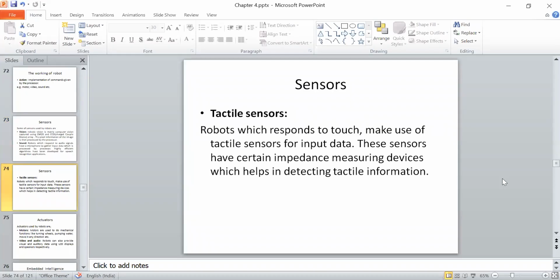So tactical sensor, as I've already told you, is used to take the touch related information, and most of these sensors work on the concept of impedance, और you can say they work on the impedance कह सकते हो, कैपेसिटेंस कह सकते हो, आप रेजिस्टेंस कह सकते हो। इसी टाइप के सेंसर होते हैं। तो जब भी डिफरेंस होगा, आपके रेजिस्टेंस में डिफरेंस आएगा या आपके कैपेसिटेंस में डिफरेंस आएगा, तो you find certain kind of information, like temperature information है, आपको फाइंड आउट करना है, तो वहाँ आप कैपेसिटेंस भी यूज कर सकते हो, रेजिस्टेंस यूज कर सकते हो, ह्यूमिडिटी की इंफॉर्मेशन देना। तो these kind of sensors are basically the tactical sensor which work on the concept of impedances. So whenever you will find there is a difference, you say that this is the temperature now.